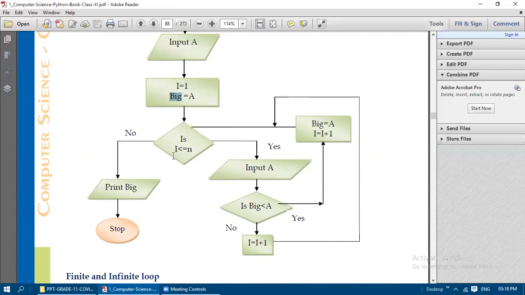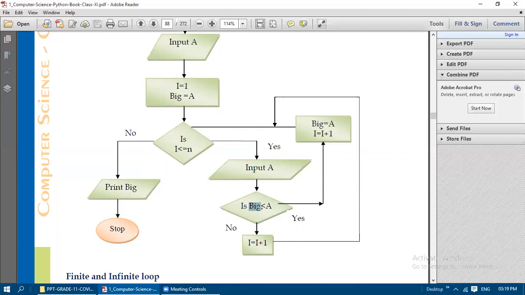See here, now 2 is less than or equal to 3. Condition true, so we get the next number. If the next number is, for example, 20, it is checked with big, false. Again it goes here and I becomes 3. So 3 is less than or equal to 3. The third number I am entering is 30.